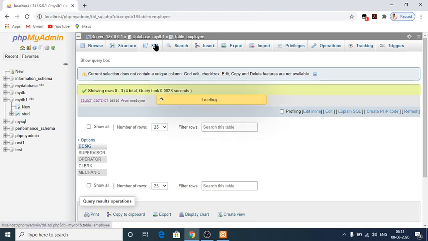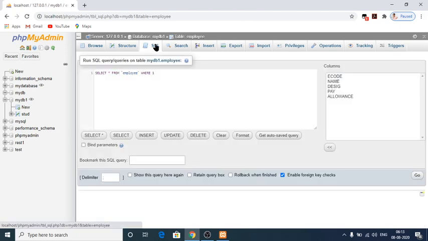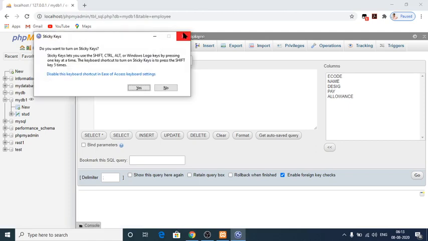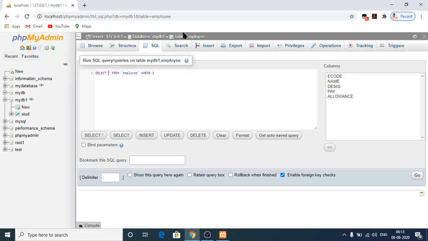So next one is the all keyword, select all. Here I have to use the all keyword, which is used to retrieve all the entries from the table. It retains the duplicate rows itself. How many operators are there from the designation, that will be retrieved from the table. How many supervisors are there from the table, that will also be retrieved from the table.